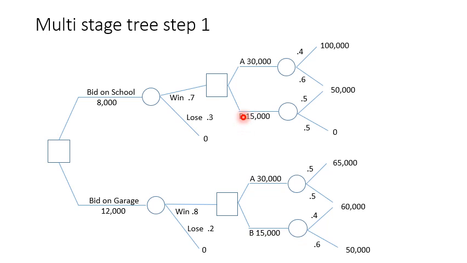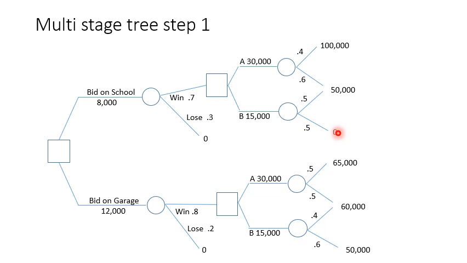or will I put in my B team? They're going to be less experienced and they're going to cost me half as much, $15,000. So do I put the A team in there or the B team? If I put the A team in there, I have these different probabilities for the outcome. If I put the A team in there, I assume I have a 40% probability of making $100,000, a 60% chance of making $50,000. If I put the B team in there, I've got a 50% chance of making $50,000 and a 50% chance